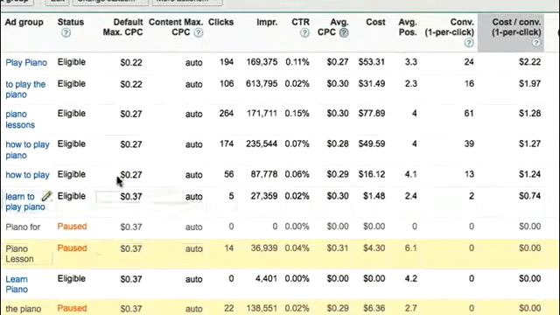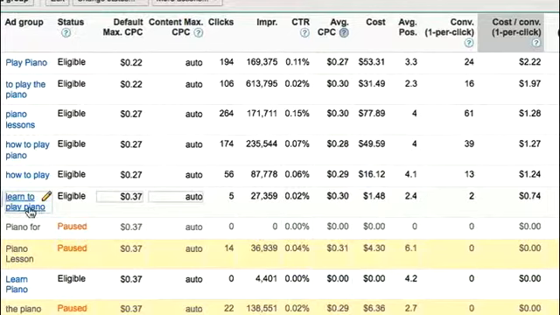And okay, so now, let's see, we're going to keep the 37 cents a click here because check this out. My average cost per click for Learn to Play Piano is 30 cents. It's the highest one. There's a couple over 30 cents ones in here, but it's one of the highest cost per clicks I have. But still, my average cost per lead per email address that someone opts in is only 74 cents per email address. So that's really good.